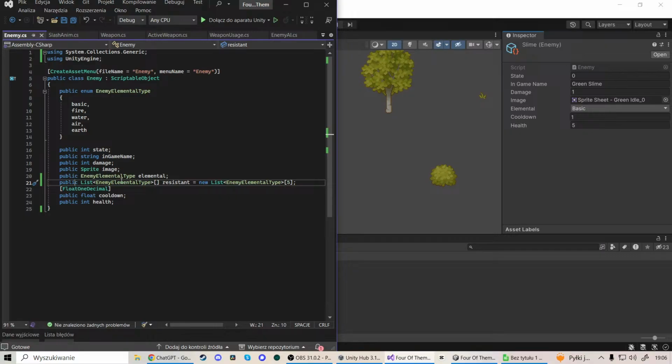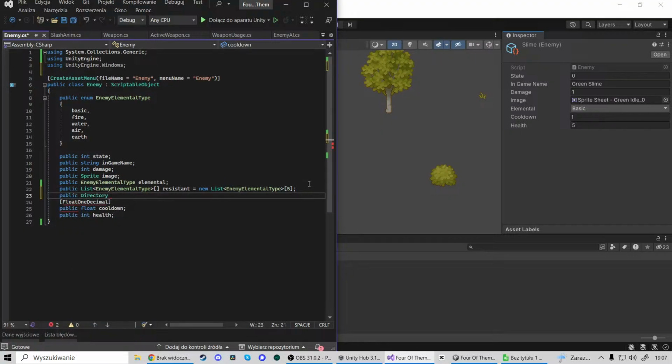I want that to be enum type. Why is that so? Can I do something like that? Maybe. Public